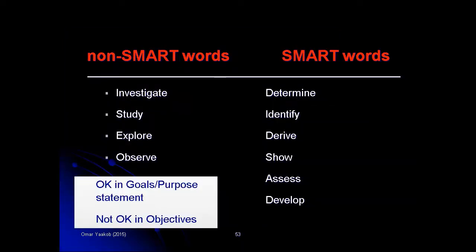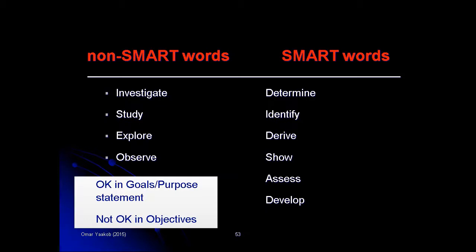Okay, so in that case then we need to choose which are the smart words. We are talking about SMART: specific, measurable, achievable, realistic and timely. Then the smart words are those on the right in this case. Determine, identify, derive, show, assess, develop. These are examples. Yeah. The non-smart words are big, general, open-ended words